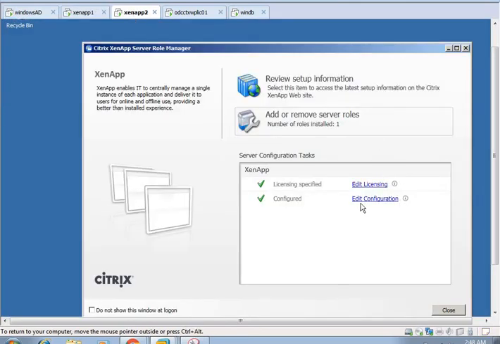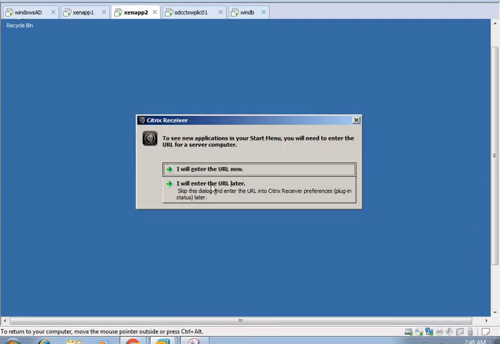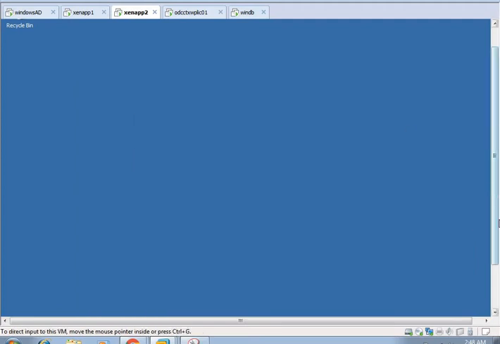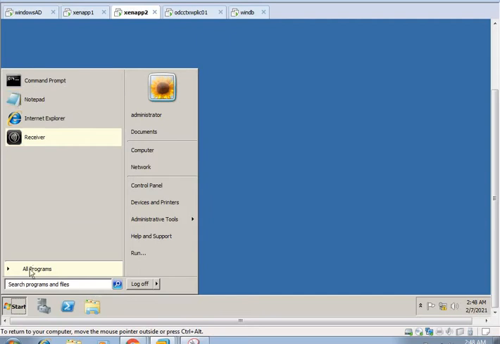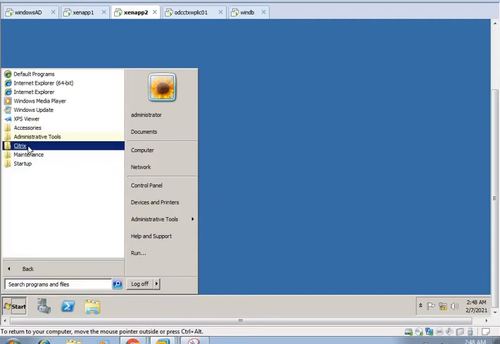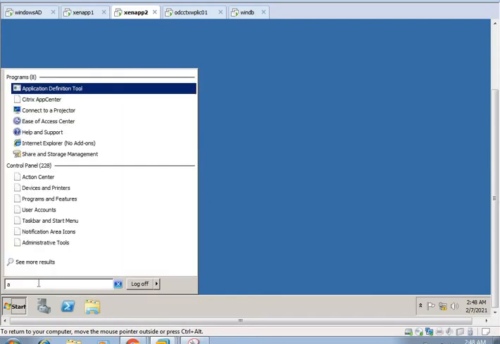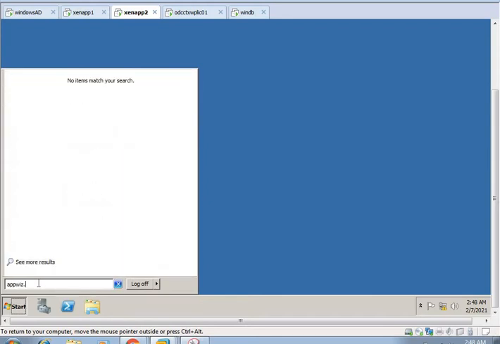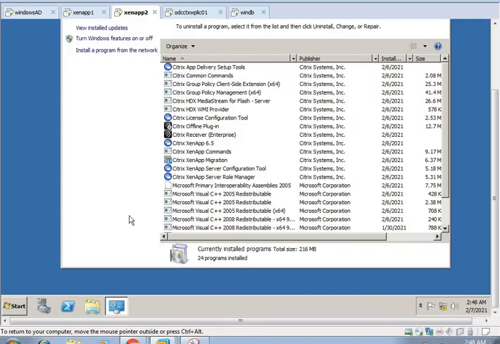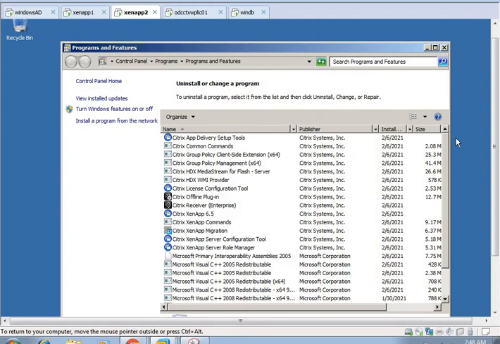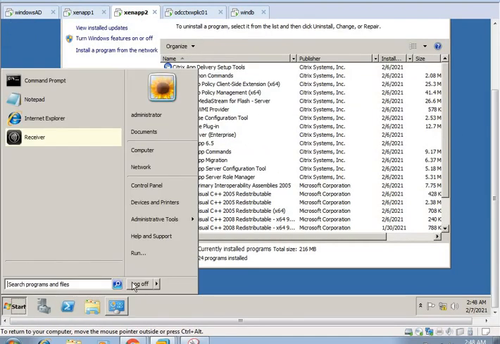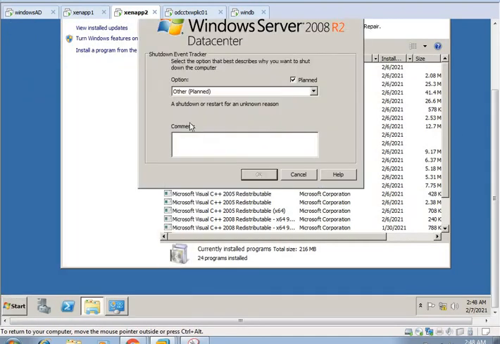From here, menu, and restart this server.